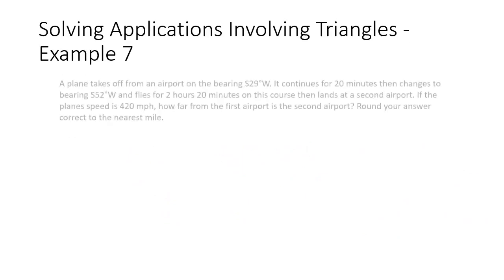Okay, we have one last problem to do, and we're going to do a bearing problem. All right, so when it comes to bearings, I'm just going to kind of review it really fast. You've got your North Pole and you've got your South Pole, okay? And then our East and our West. Whenever we're talking about bearings, you're always going to have the North or the South written first. So if I had North 20 degrees East, that would be starting from your North Pole, and you're going 20 degrees from the North Pole in the eastern direction. If I gave you North 50 degrees West, again starting from the North Pole and going 50 degrees in the